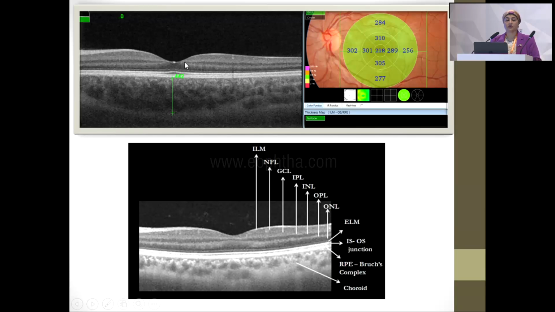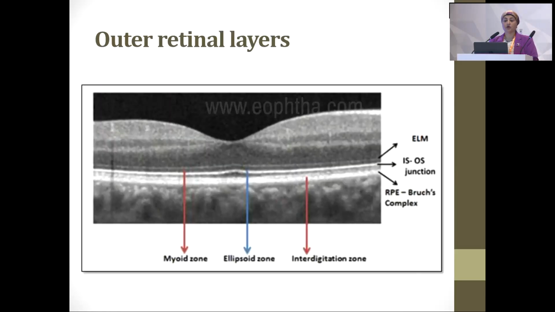We're getting the details of all structures, line by line, as if in a histological section, an optical histological section in the macular area, and to focus on the outer retinal layer, which is a very important layer in giving the visual prognosis and the visual outcome of medication for the patient,